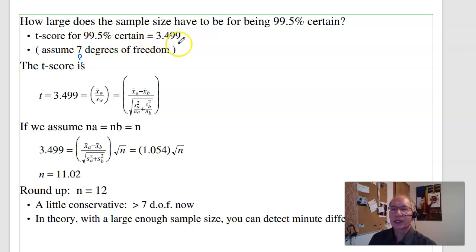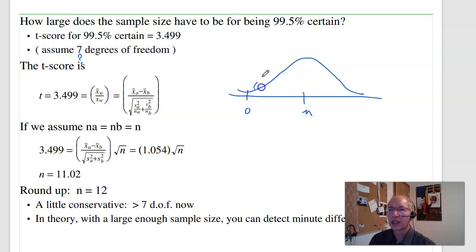99.5% certain corresponds to a t-score of 3.499. So the mean versus 0 has got to be 3.499 standard deviations away. So x over w is 3.499, or cross multiplying, 3.499 is